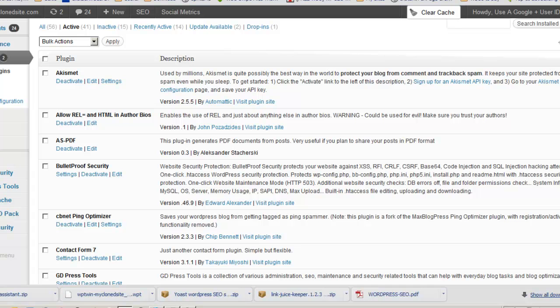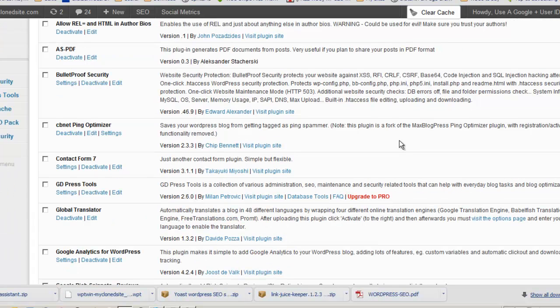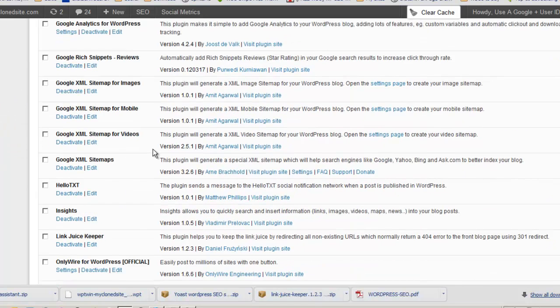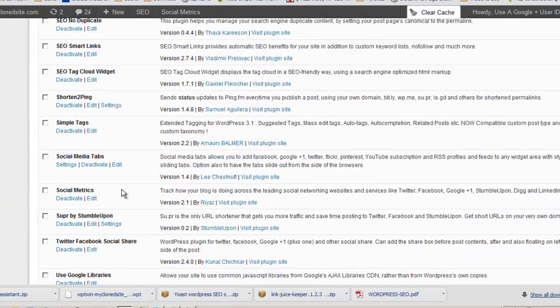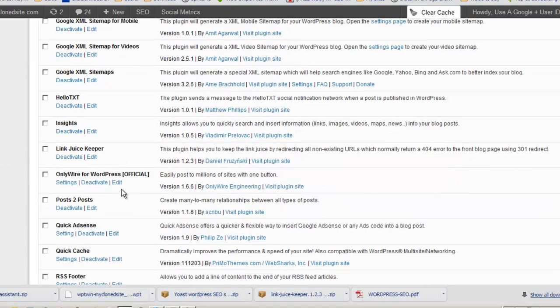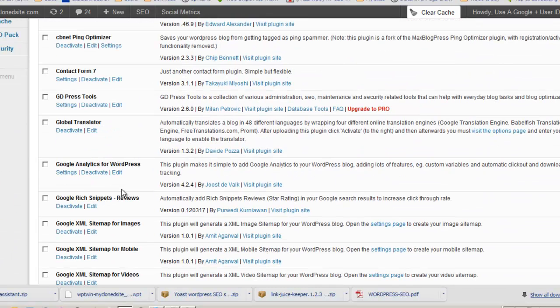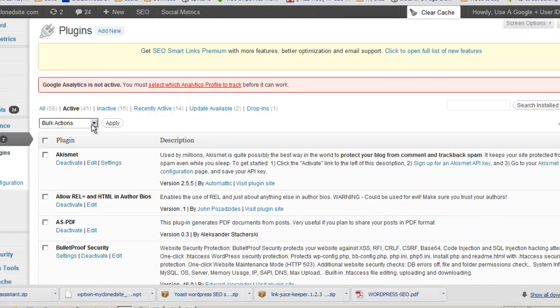Okay. Now, one of the first things you want to do, apart from doing your core tweaks plugin, I've got these activated here. These 41 active plugins here. Now you might not want all of those, and it's okay to take some of them off, but these are the ones I would be using, and I've got some inactive here, which are really like optional plugins, just for